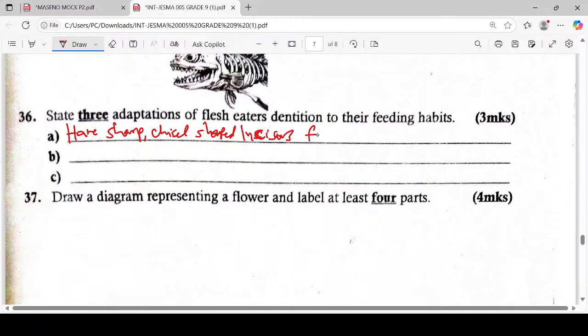Another adaptation we can say, they have long pointed canines